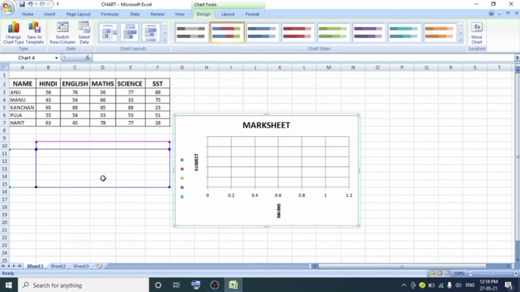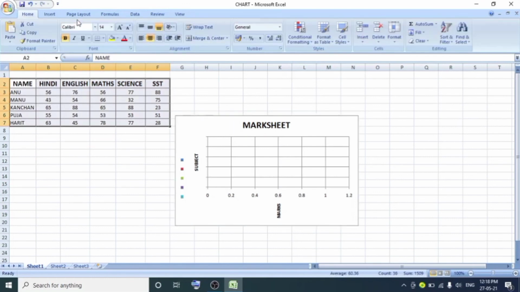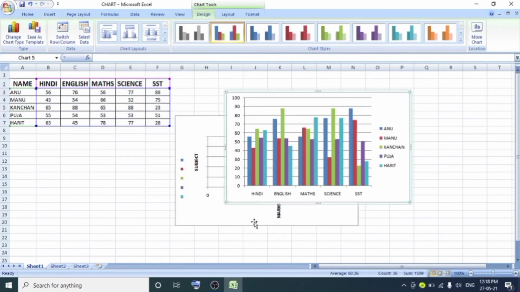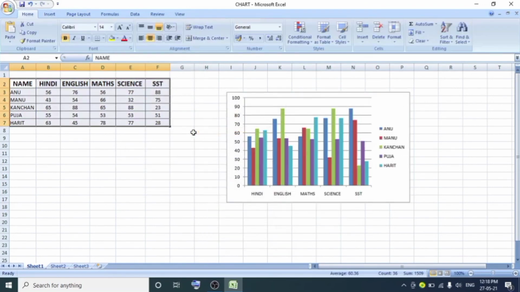Now your new data sheet will be selected here. So you can see the data, the selected sheet will appear like this. Here no data is being selected. So your chart is just like a null graph. Now the next is, if I want to again make the chart, then I just have to click on the insert tab, column tab, then chart one. Fine. I have to close this one.